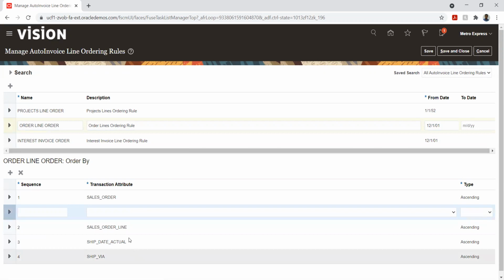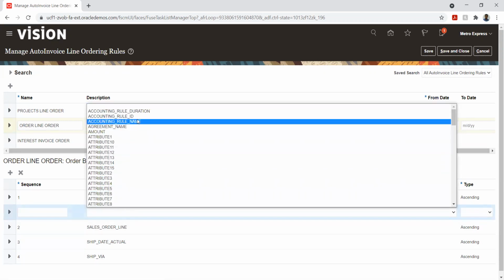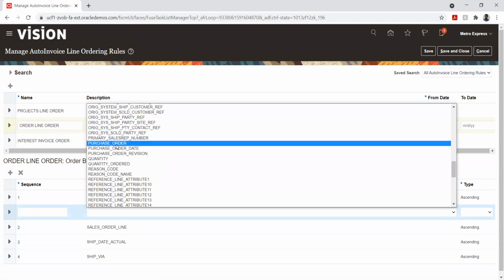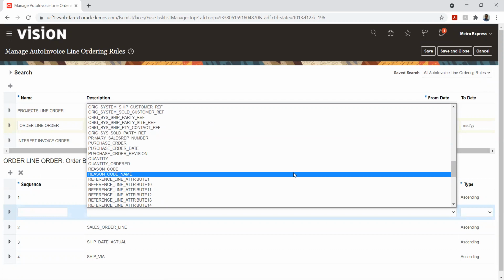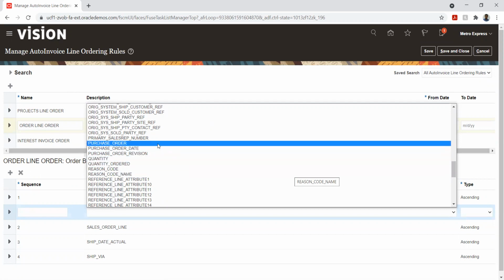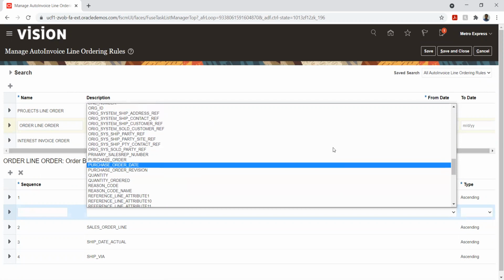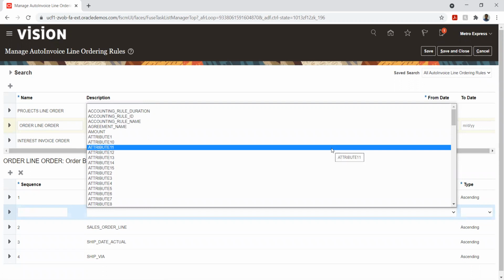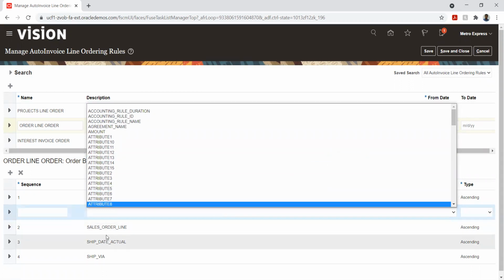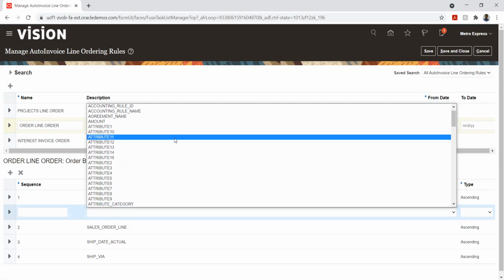And apart from that, we have other options also. There are a lot of options that we can use, like the customer and the quantity and the purchase order. So if it is a back-to-back order, we will have this purchase order also in place. So for those cases, we can use purchase order. So what are the basic ones that we normally need? These three are the standard ones. Based on this, we can convert the sales order into invoice.